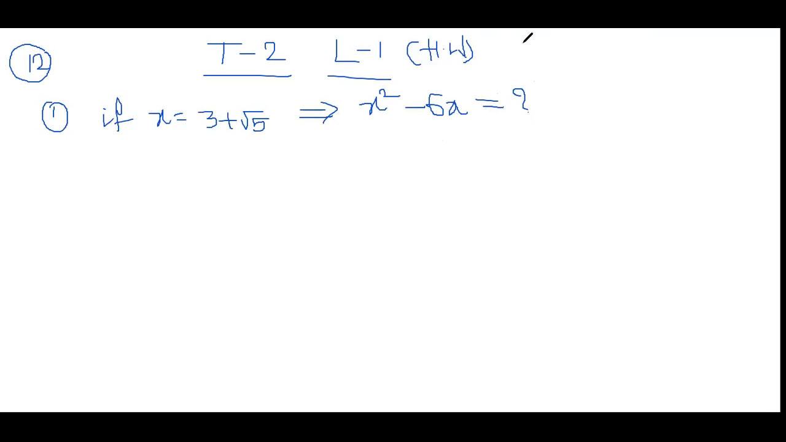Is there anybody? No? Very good. Now concentrate here. The x value given is 3 plus root 5, and they are asking that x squared minus 6x is equal to what? So first we have to find what x square is. That is equal to this, 3 plus root 5